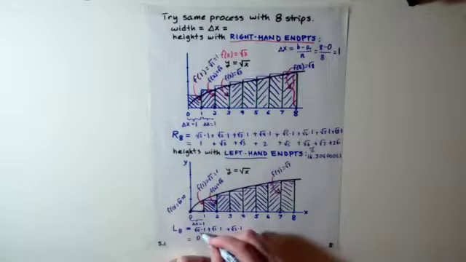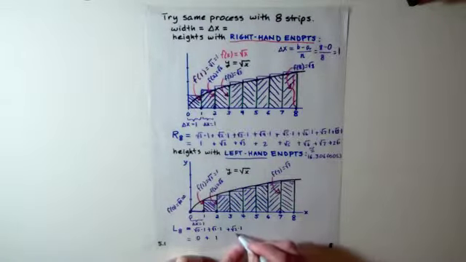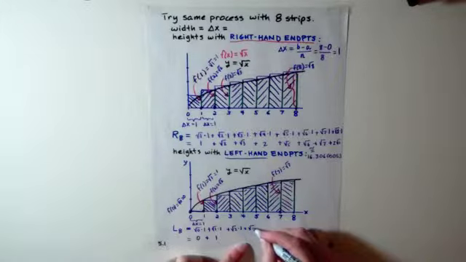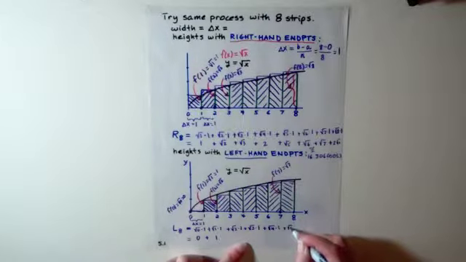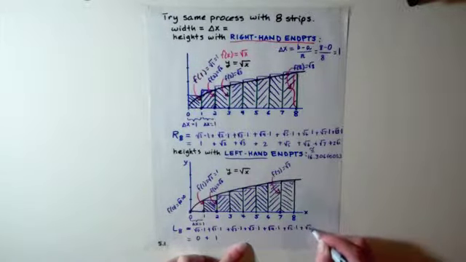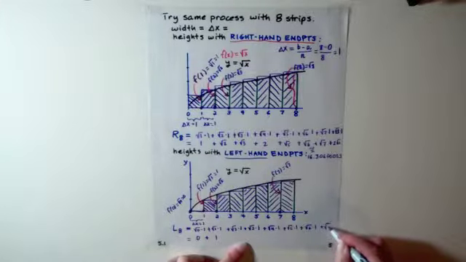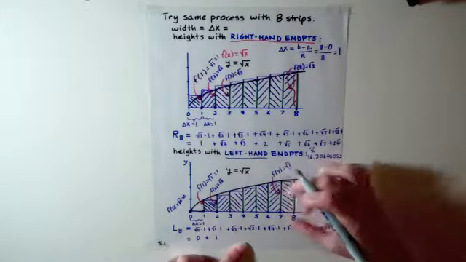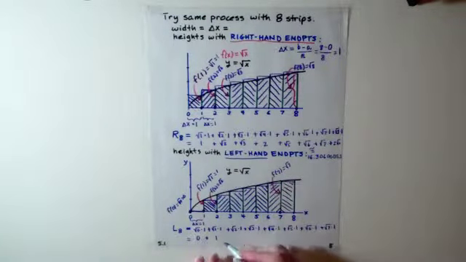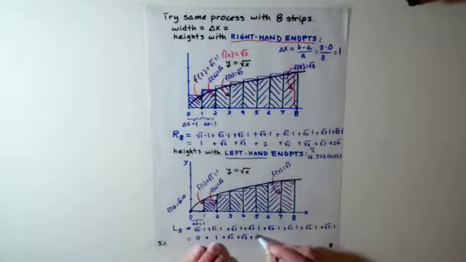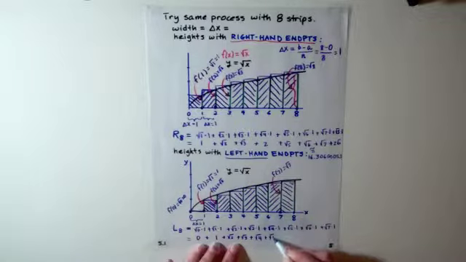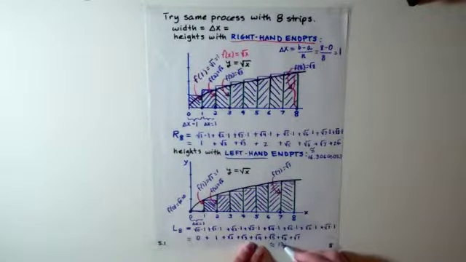And so I'm going to have root 0 times 1 plus root 1 times 1 plus root 2 times 1. The next one would be root 3 times 1, and so on. Root 4 times 1, root 5 times 1, root 6 times 1. And the very last rectangle, since we're using the left-hand sides of each strip for the height, is root 7 times 1. And if you want to, you can simplify that and add it up. It's root 2 plus root 3 plus root 4 plus root 5 plus root 6 plus root 7. And I put that into a calculator to get an approximation. It turns out to be